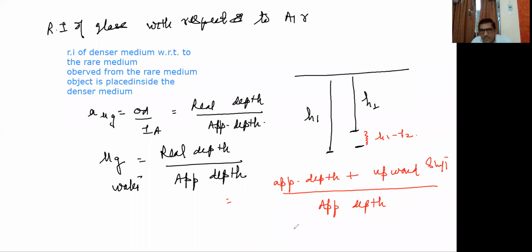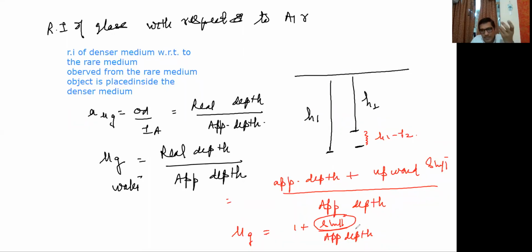Now I split this fraction, so I got 1 plus shift upon apparent depth equals mu g. Understand? Is that fine with you? So if you see carefully, the refractive index of a denser medium is always greater than 1. Fine. And more the shift, more